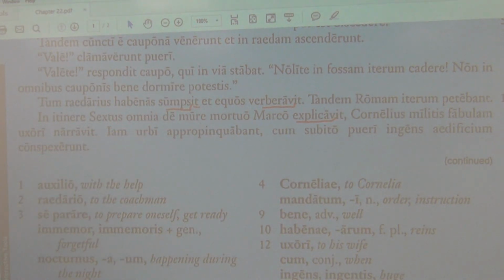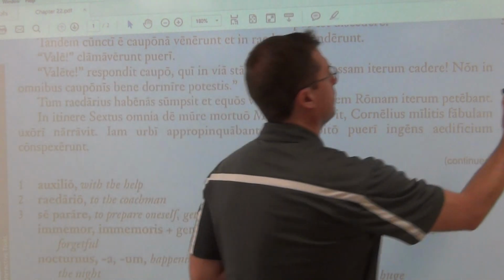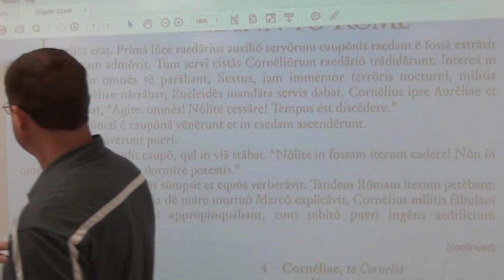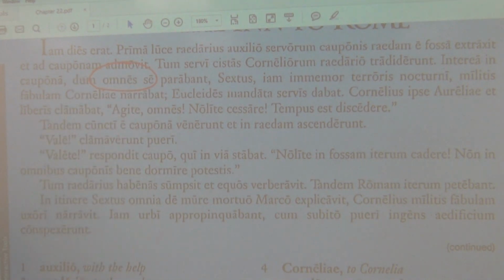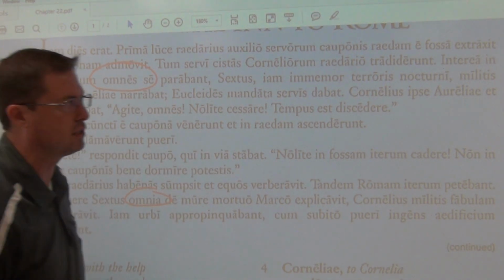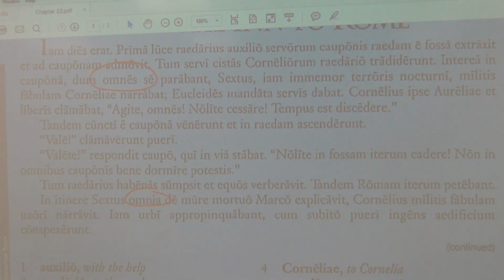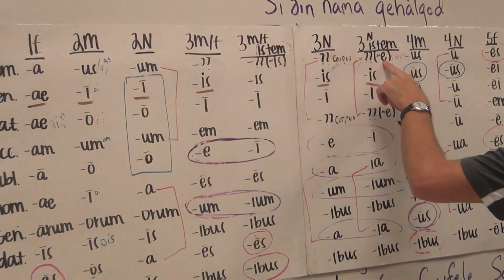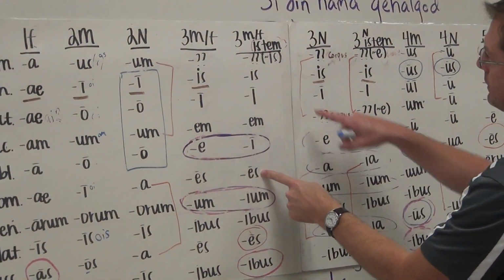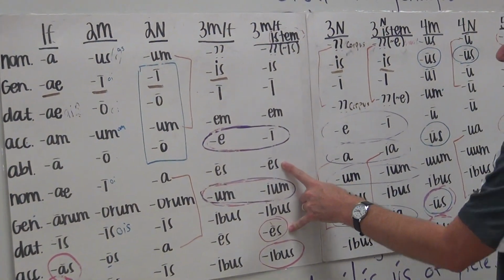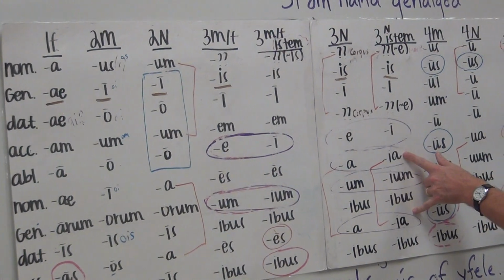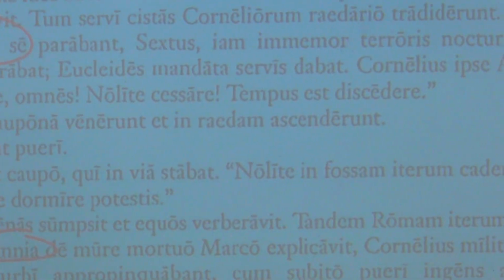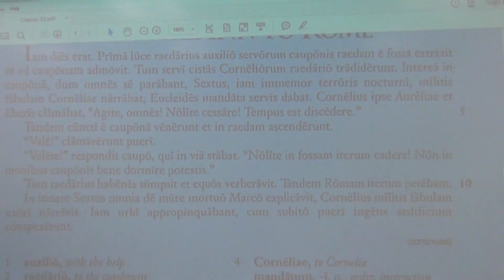Please note the difference from what we saw earlier with omnes, up above in the previous part of the passage, versus omnia. So here let me circle both of them. And there you see omnes, and down here you see omnia. Now when we look at our chart, we can see the difference. Now it is a third declension adjective, and as you remember, all third declension adjectives are I stems. So there you can see it with this fake ending, omnis, omnis, omne. But as you go down, you see that omnes is either going to be masculine or feminine. So all people or whatever. Whereas over here, omnia would be, of course, neuter. So therefore, all things. And that's what we have down here on line 11. So on the journey, Sextus was explaining all things,